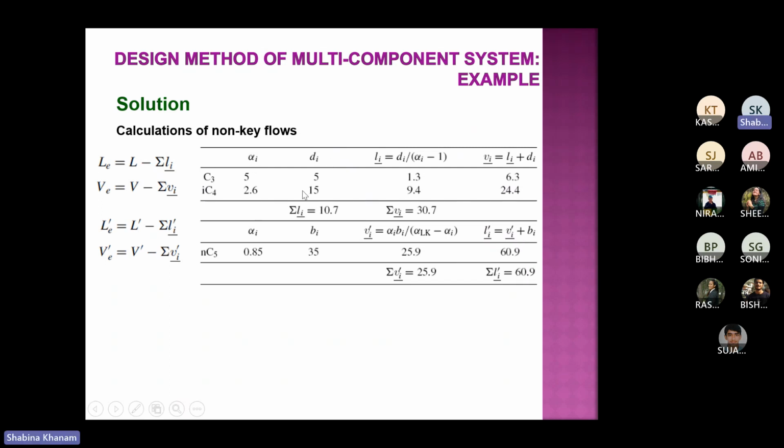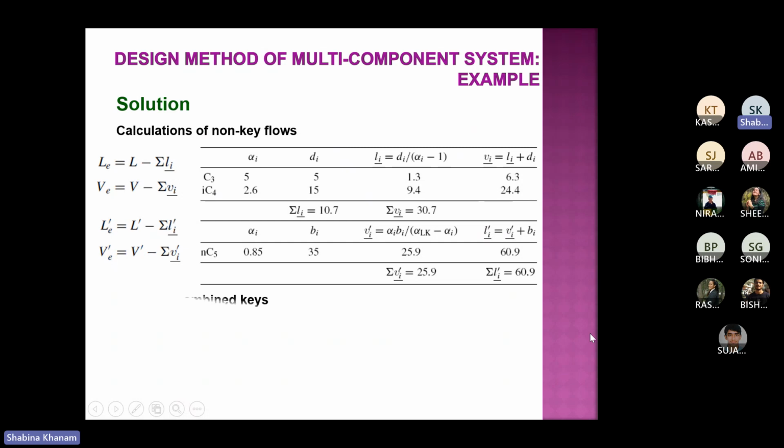So for alpha i, d i, for all these that you can see, now you can find out l i underscore and v i underscore, and so you can find out the summation of these two and the summation of these two. This is simple, based on expression only. There is no complication here, but you need to understand the method properly. V i prime, l i prime, you can see over here like this. And once I have all these values, we can deduct that from the total flow